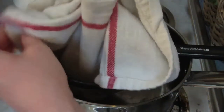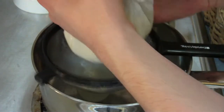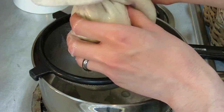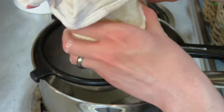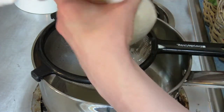What you will need to do is gather up the edges of the towel or cheesecloth you are using and twist them, making a nice little package. Now, just twist and squeeze and squeeze and squeeze until most of the liquid has been extracted. This does take a little while, and it's a bit messy, so here's another method I stumbled across that I